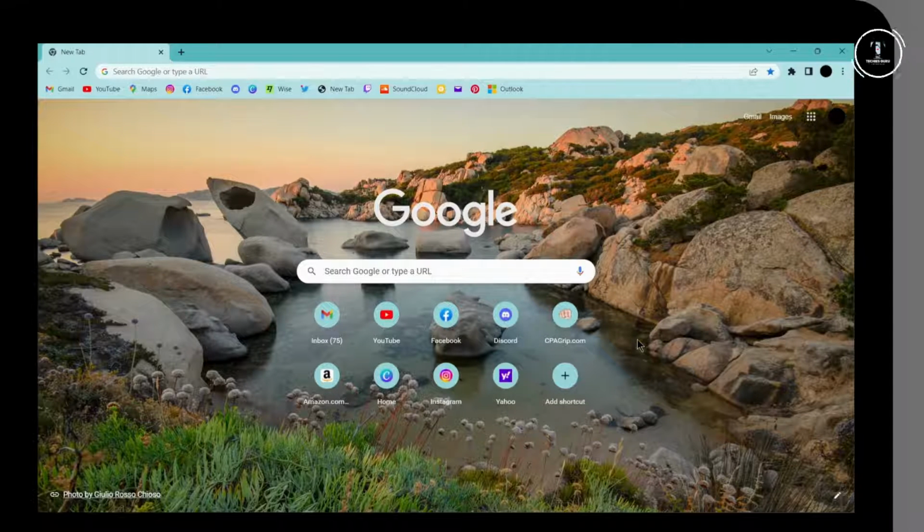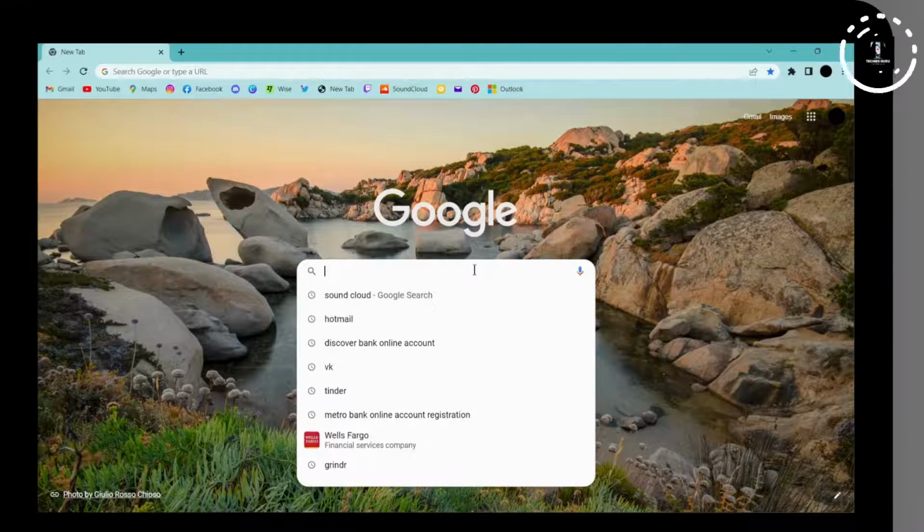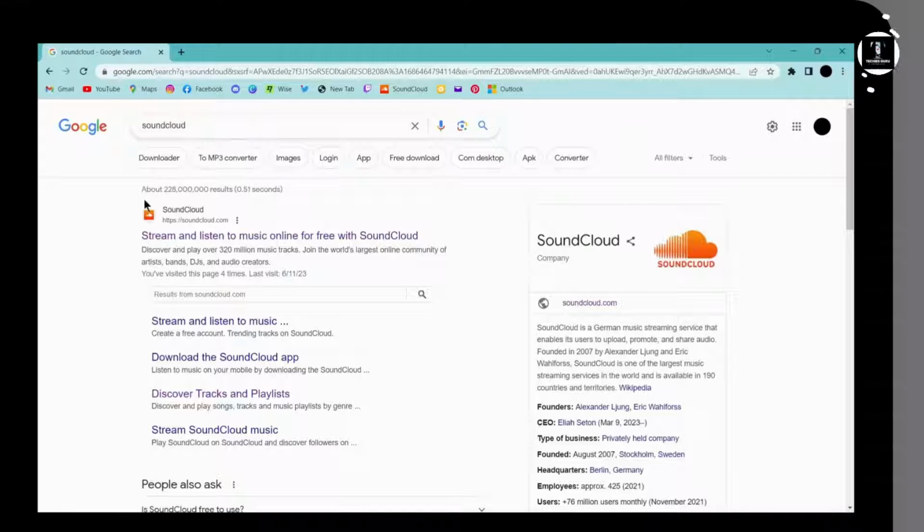I'm here with Google Chrome browser, and now on the search bar search for SoundCloud, and here on the first search you will have soundcloud.com. Click on that,